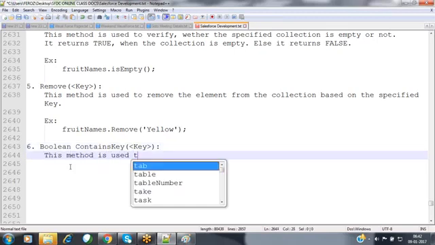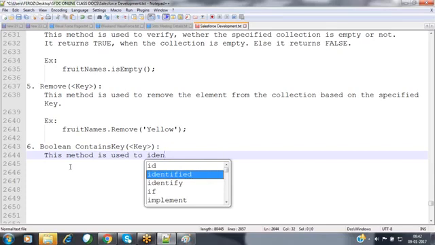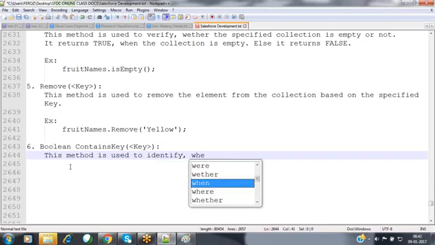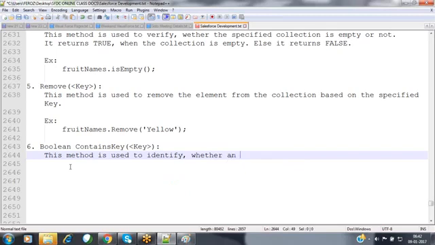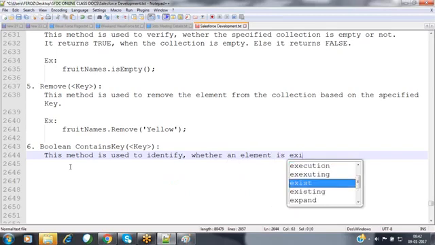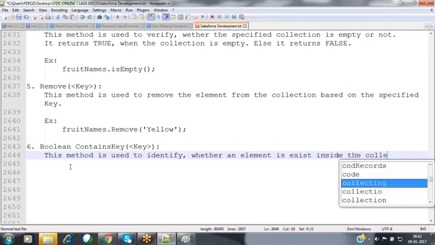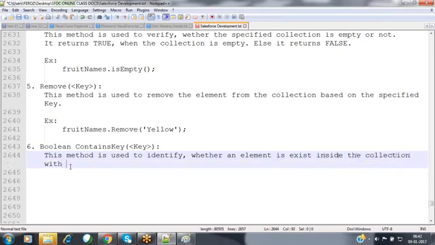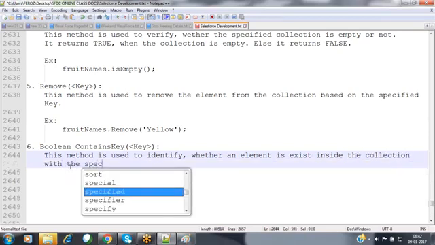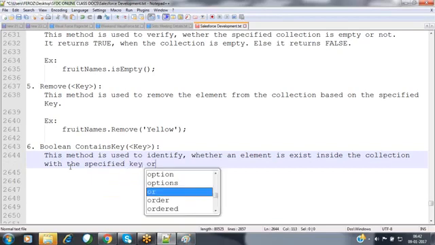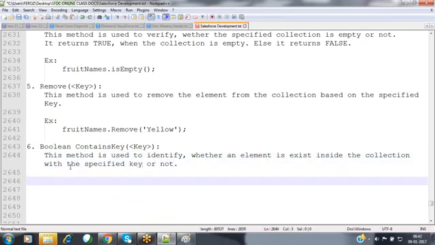This method is used to identify whether an element exists inside the collection with the specified key or not.